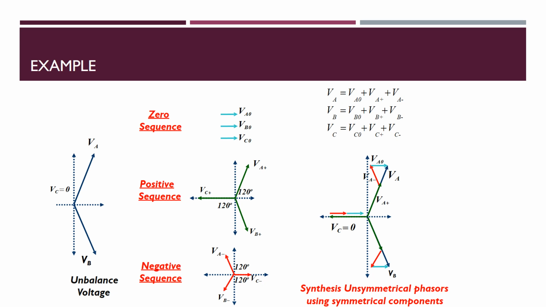This system is actually unbalanced, so it can be split into three different sequence components: zero sequence, positive sequence and negative sequence. These are given here, and the resultant phase diagram is given on the left side of the sequence diagram, as you see here. This is the synthesis of unsymmetrical phases using the symmetrical components,